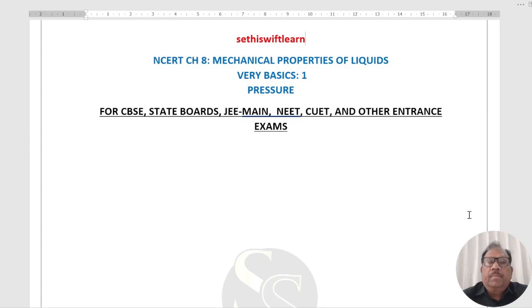Hello students, in today's session of NCERT Chapter 8, Mechanical Properties of Liquids, the very basics on the topic of pressure will be cleared through illustration. In today's session, we are going to discuss